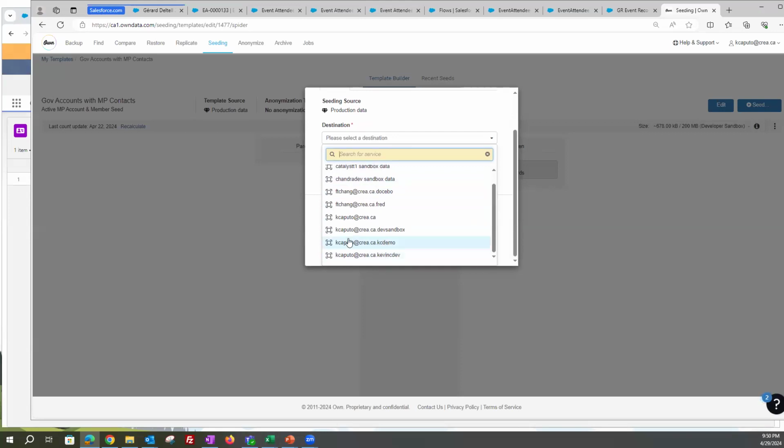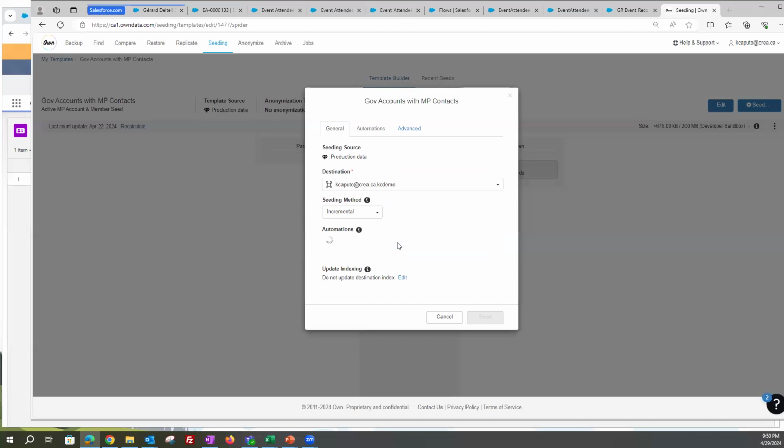Okay, this is the one I want to grab, the KC demo. Once it selects all the records, I can go and review the records. Once I've reviewed them and made sure this is what I want, I just click on the seeding